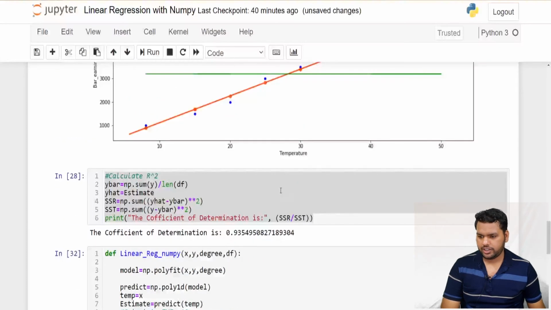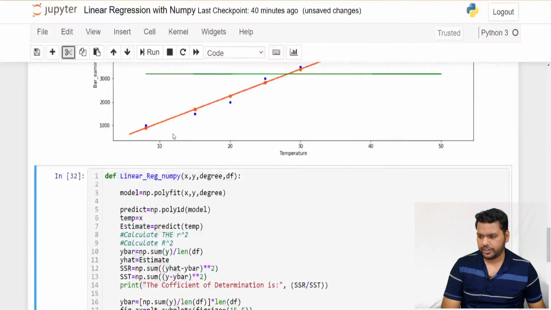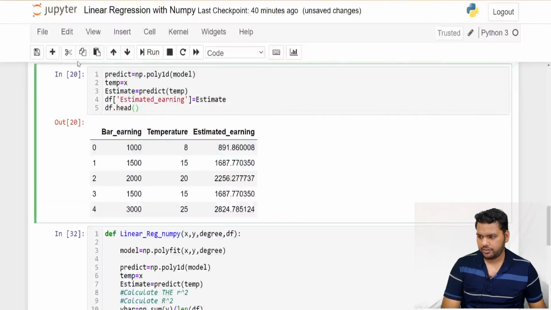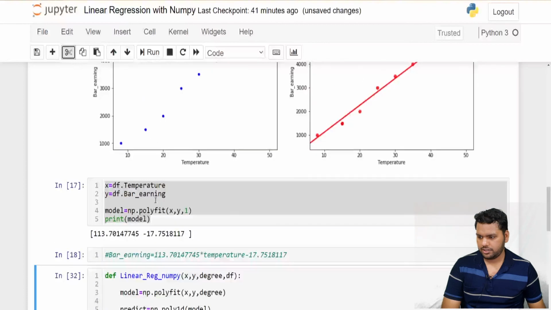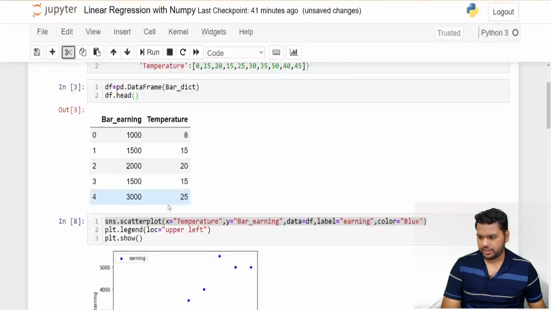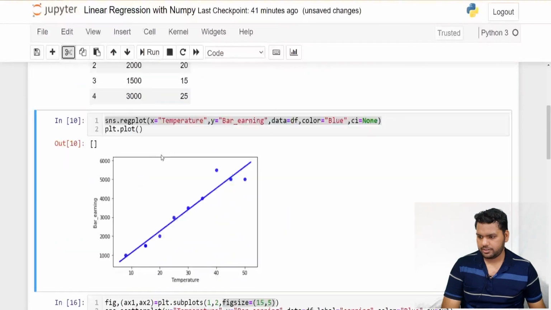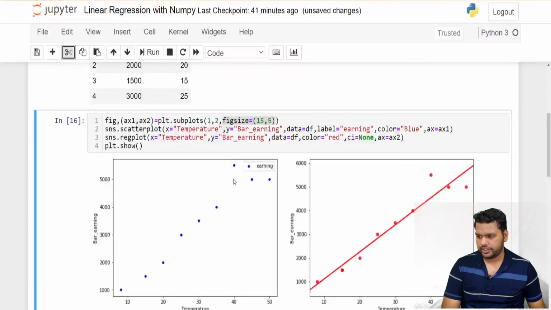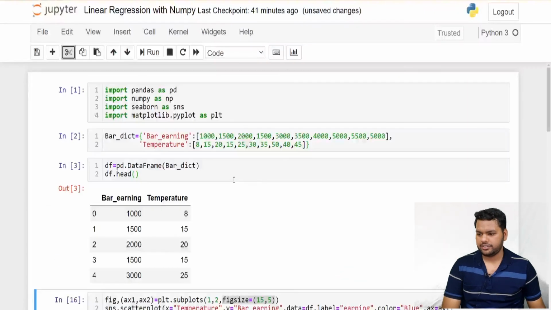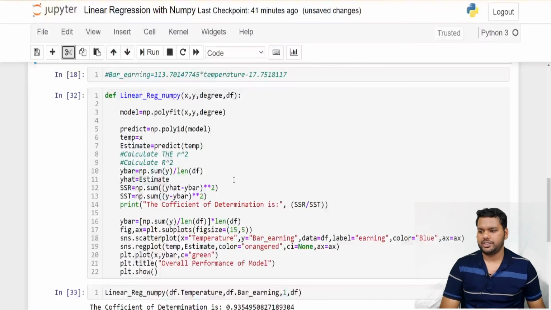And now we can clean the code. We can cut from here, we can cut from here, we don't need this one, we don't need this one, and we already have this, we don't need this one also. So now the code is just very simple, you can understand, and you can write the docstring so anybody can understand this code.